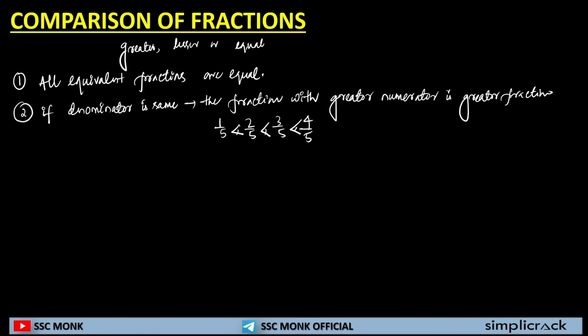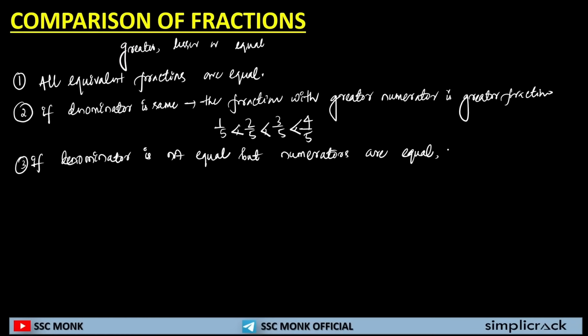Now 3 by 5 is greater than 2 by 5 and 1 by 5. 2 by 5 is greater than 1 by 5. Clear? Now, if the denominator is not equal, but the numerators are equal, then this is the fraction with